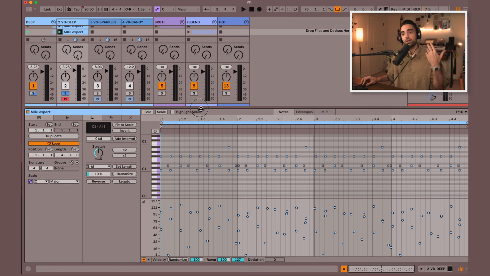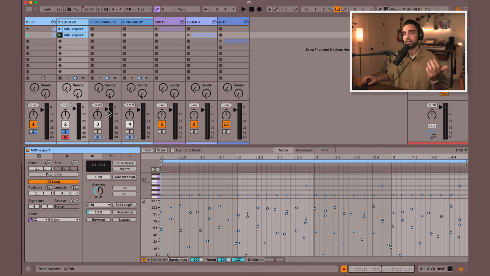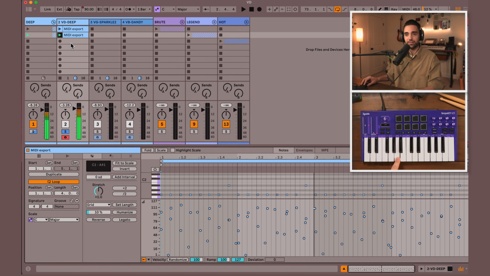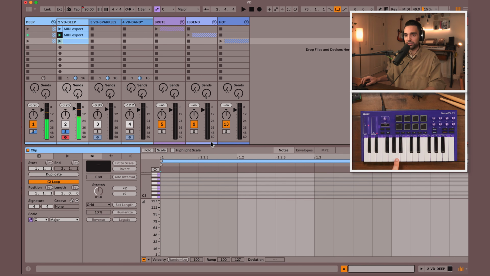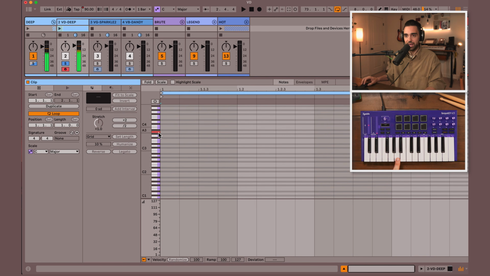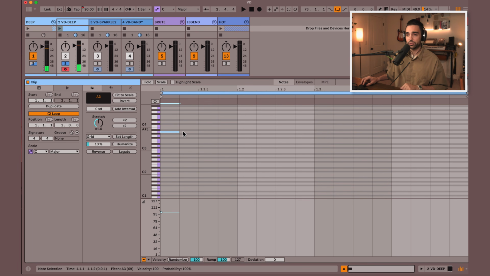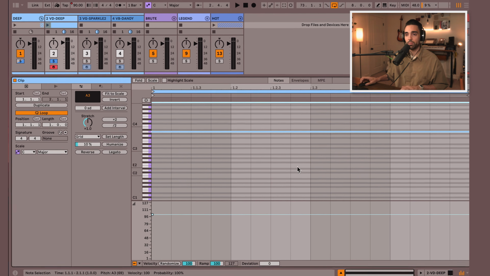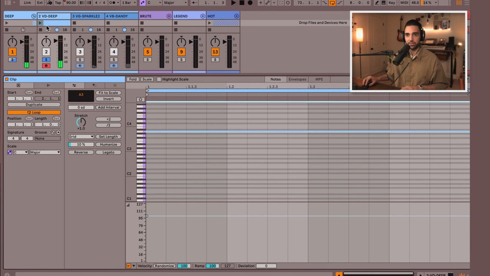Now, there's actually another way to get these patterns to play in your DAW, and that's by triggering those notes with MIDI that we just draw. So, what note was I just playing here? A3. If I just draw in an A3 MIDI note here and extend it for the 4 bars and press play on that clip,